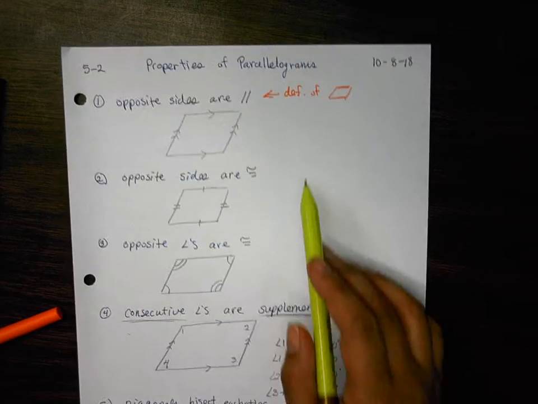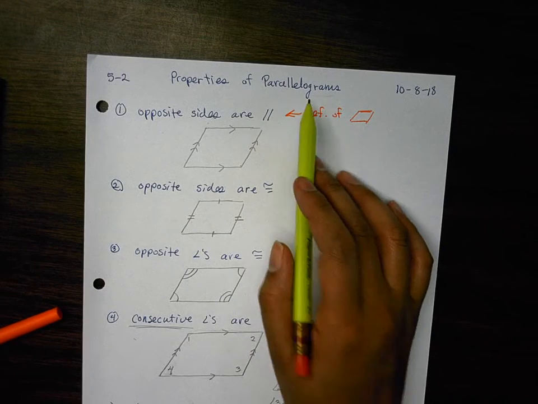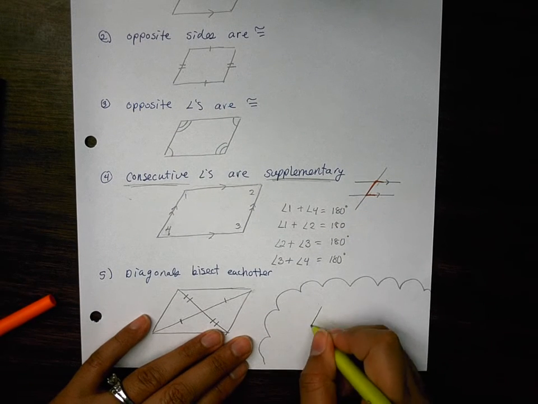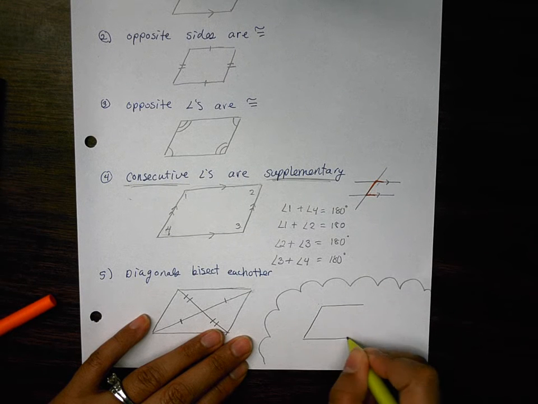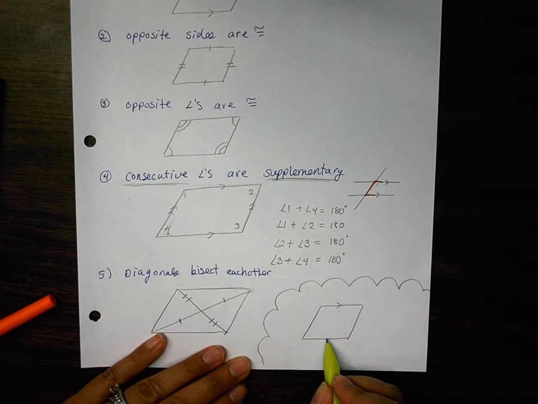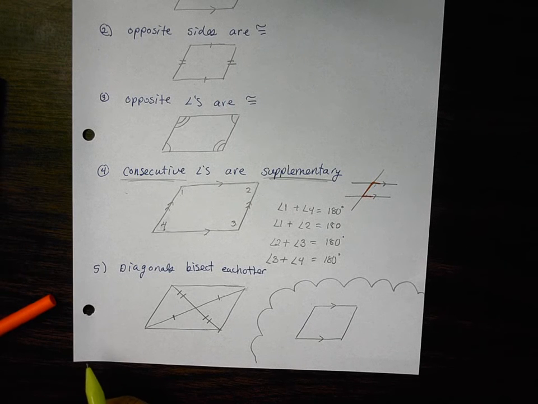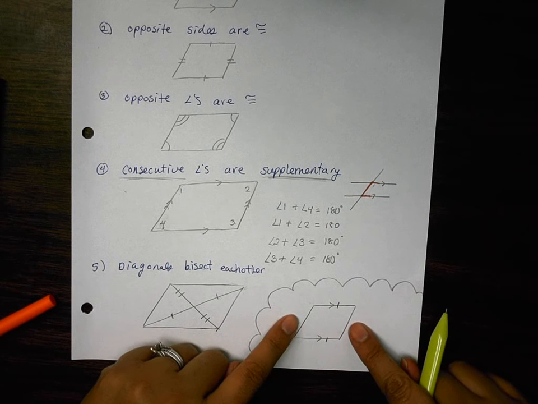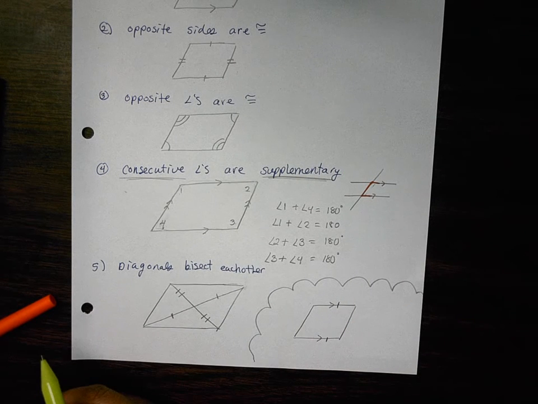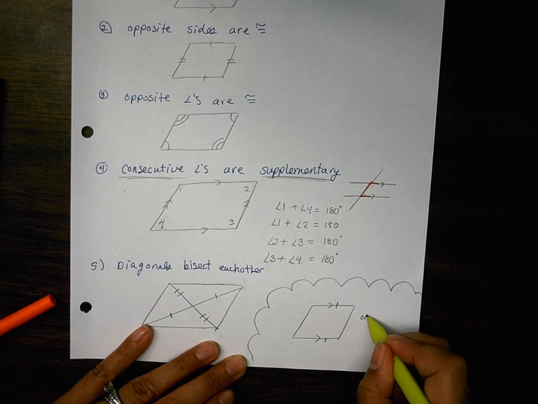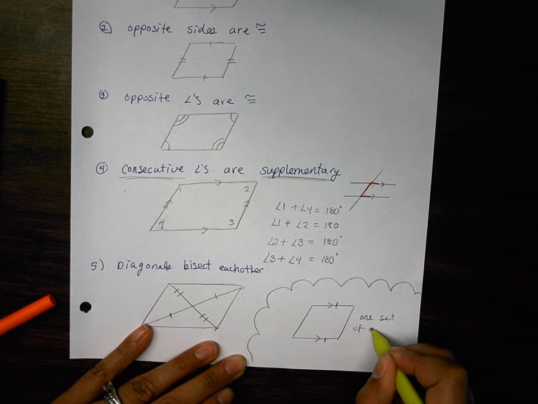And the last one, if I can prove that the diagonals bisect each other, what's the name of the shape? Parallelogram. Okay, so this last one is, if you can prove this, it is a parallelogram. So it's not so much a property as it is, if you can prove it, it is a parallelogram. Okay, you ready? If you can prove that just one set of opposite sides is parallel and congruent at the same time, now it doesn't have to be these two, it could be these two over here, as long as it's one set of opposite sides that are parallel and congruent,